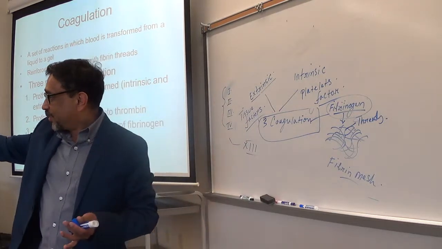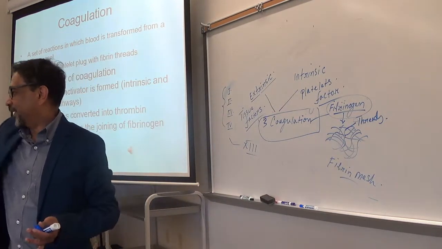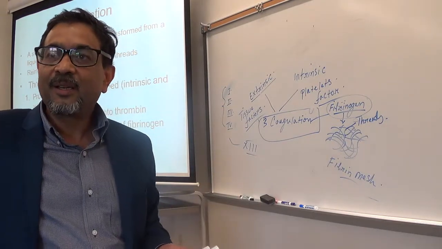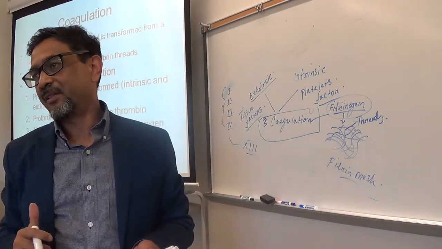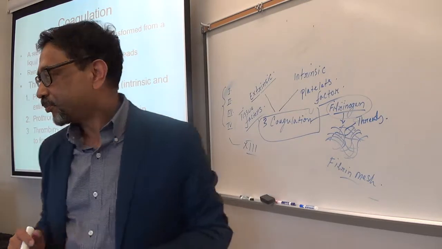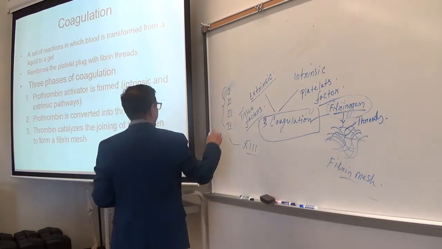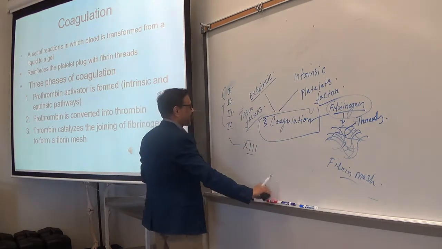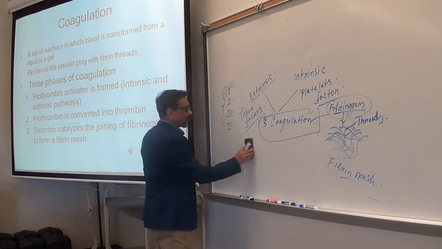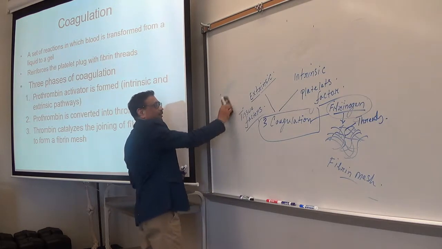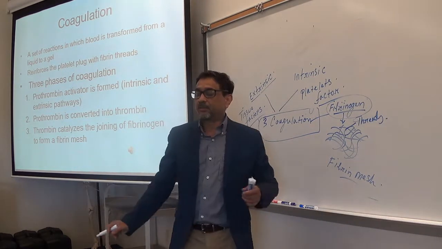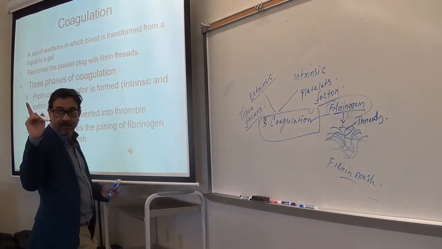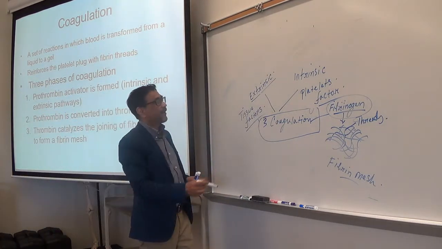Others, as I said, if 1 or 2 are missing, then it will be delayed. Make sense? But the first 4 are the essential factors. Okay? So if any of these are missing, then the blood clot will not occur. Just know that. So how many factors in total? 13. They have different names, but we will not go into detail. What is important here is